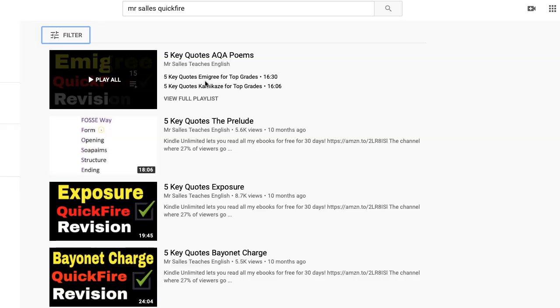That's all you need. How do I know that? Because I've sat down and done the exam and thought, what's the least I can do to get the top grades? 5 key quotations is the answer. So that's your first part of your plan. Know the 5 key quotations in each poem and work out how to use them in an essay.